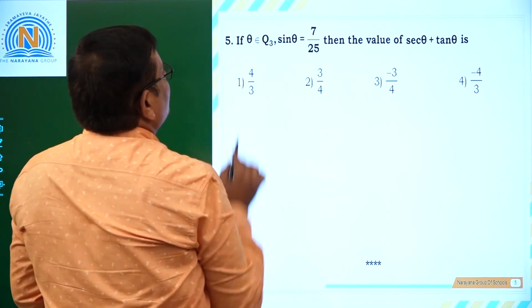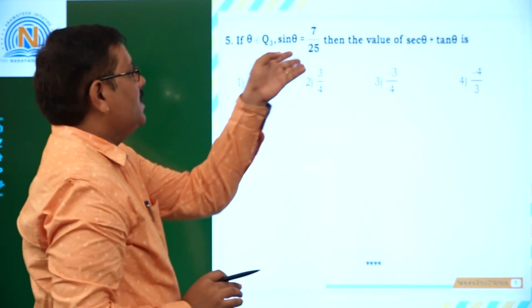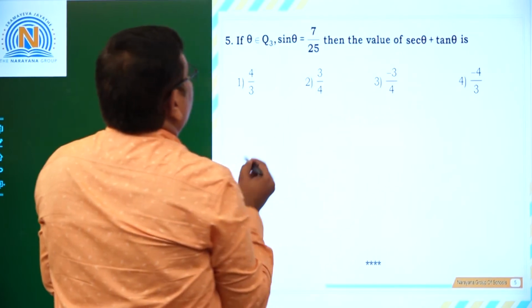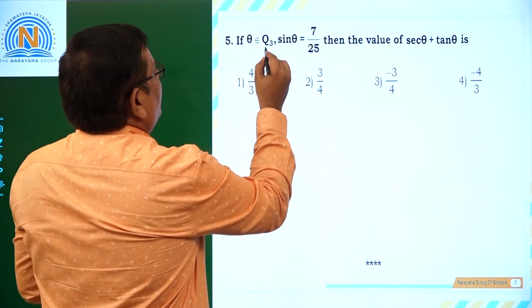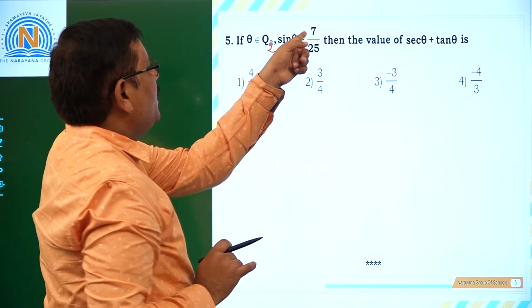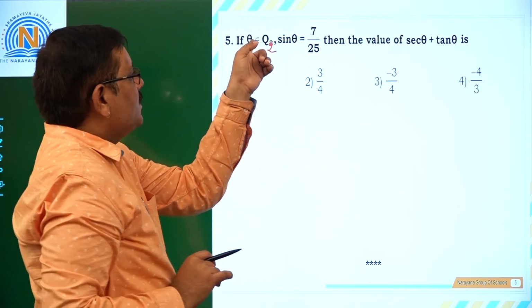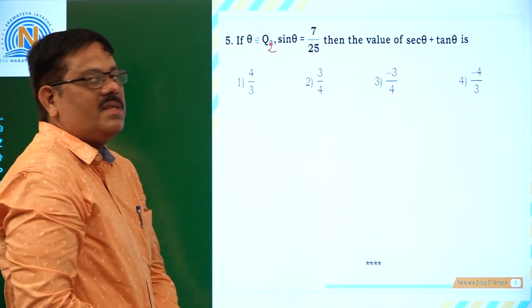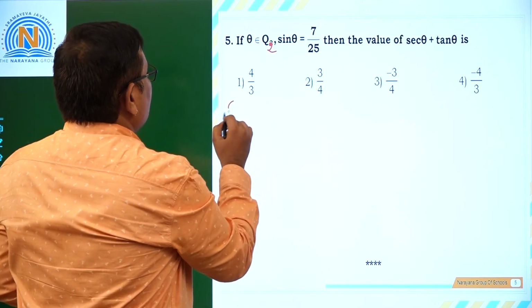If theta belongs to Q3, sin theta is 7 by 25, then the value of secant theta plus tan theta, it is Q2. You better take it as Q2. Theta belongs to Q2 because sin theta is positive here. So theta is in Q2, sin theta is 7 by 25, then the value of secant theta plus tan theta is. Solution, if you take